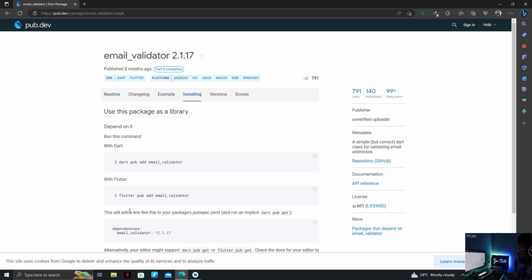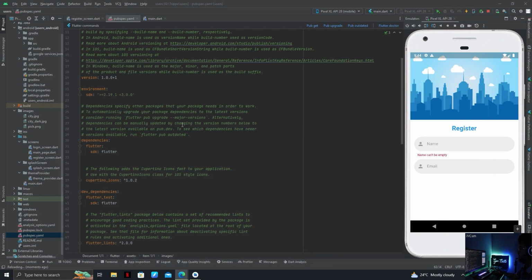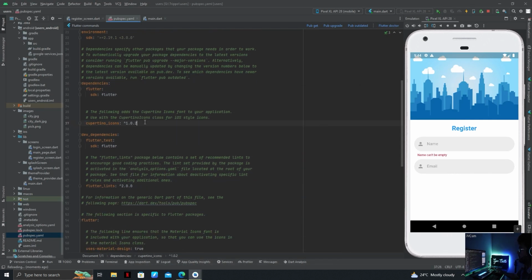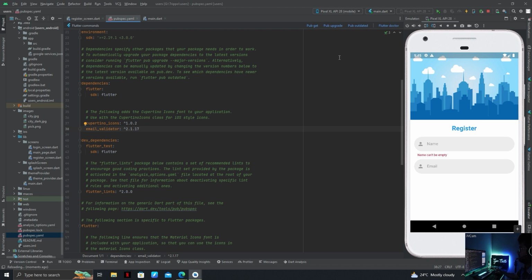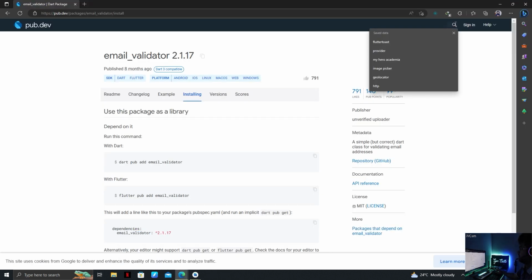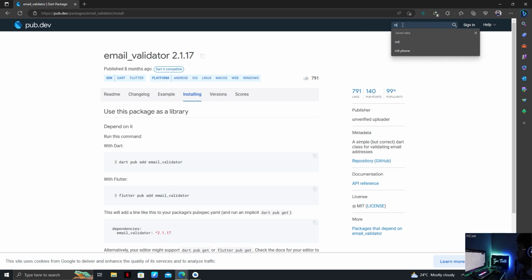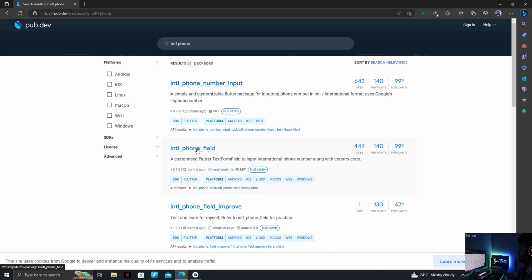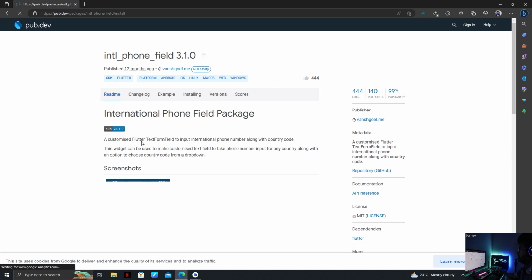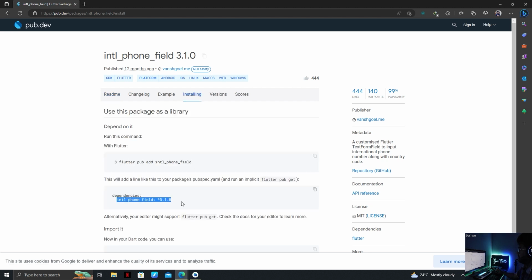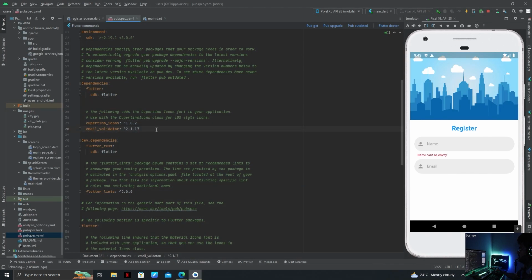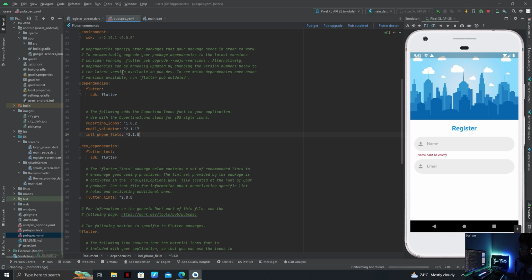Go to installing and copy this line and paste it under Cupertino. And I'm going to add one more thing. Int phone. INTL phone field. Let's add this in the dependency as well,